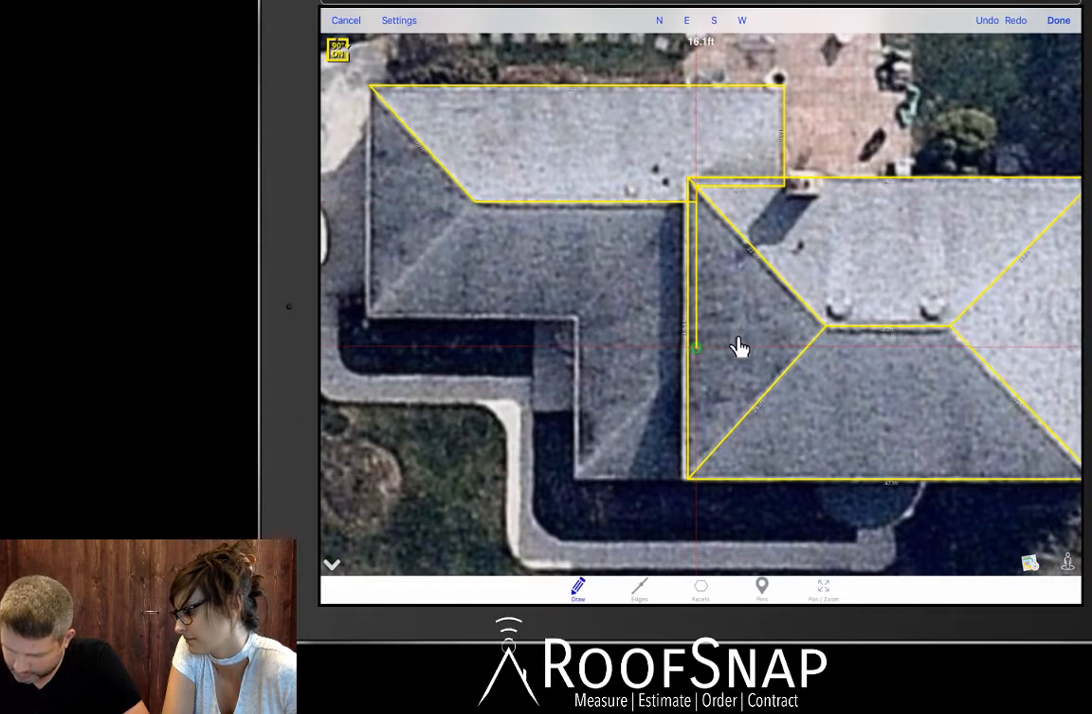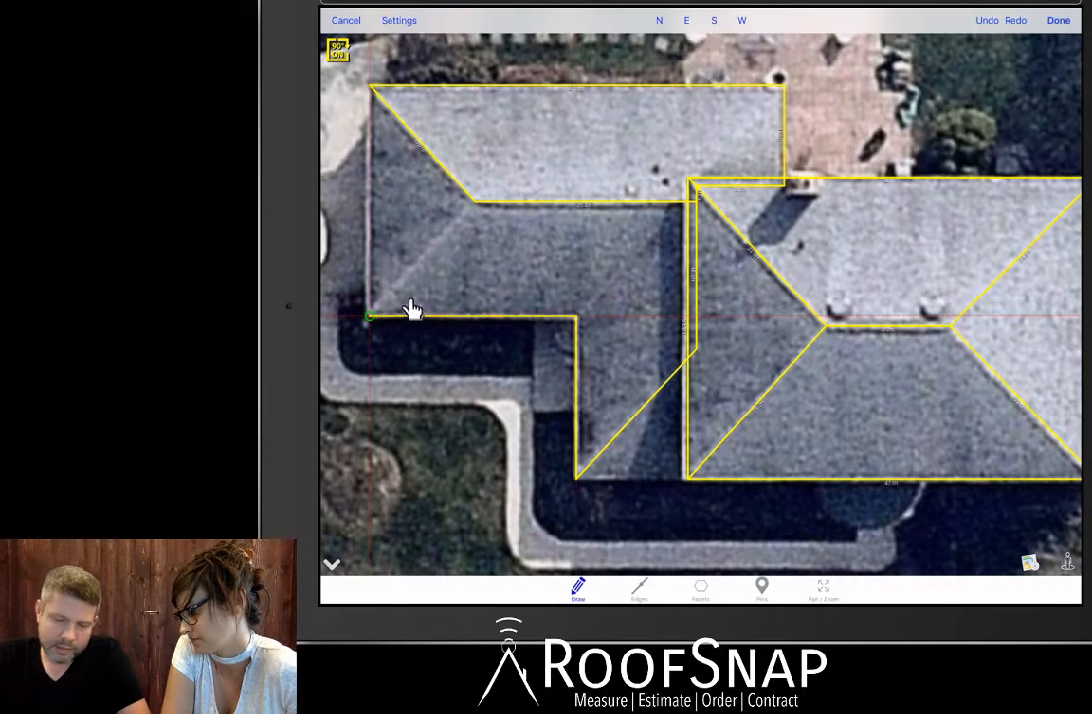Then we'll come down. I'm stopping here because I don't want to forget about this hip. See the hip that comes out to the left? So I'm going to tap on the screen there and draw out the hip right to there. Come up the eave, and then come over the other eave here on this inside corner, come up that eave, and then go back in and add in the hip